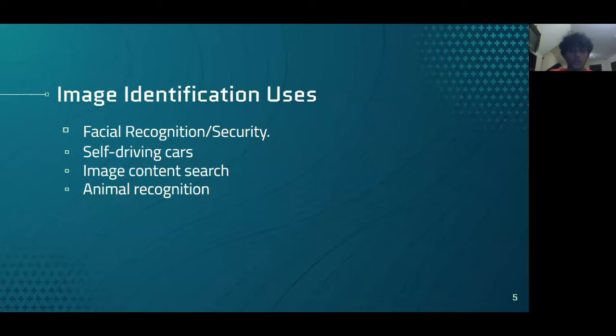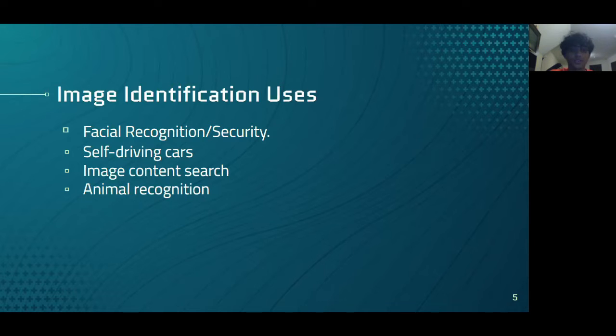So what are some uses of image identification? Industries such as public security and surveillance will be using image identification in the present and in the future. For example, China's social credit system uses an image identification system to deem who is a good citizen and a bad citizen. Airports have also started using facial recognition to track whether people have overstayed their visa or if there are potential flight threats boarding a plane.